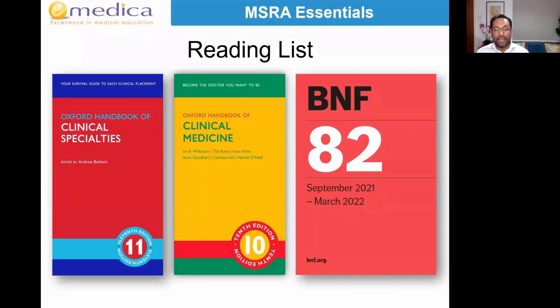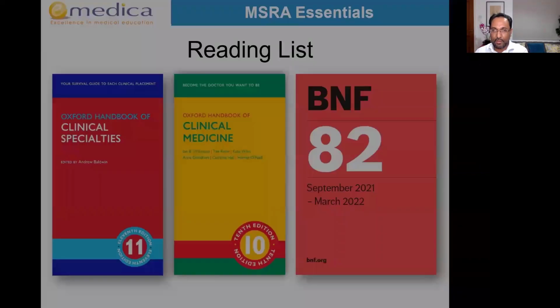Probably worth spending one day on the BNF, just reading the section at the beginning, which covers prescribing in palliative care, pain management, and general principles of prescribing. And then the first page of each chapter covers a treatment summary of important drug classes affecting that system. That can be useful as a primer for pharmacology, okay, which is one of the headings, right?